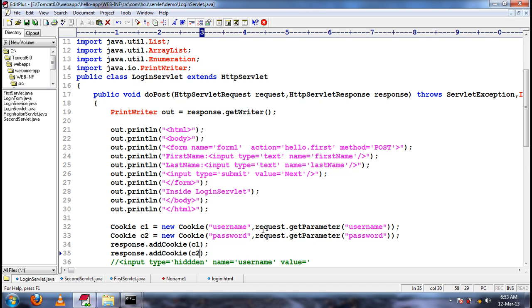The rest of the things will be taken care of by the web server itself. Once we add cookies to the response object, the web server will send that cookie information back to the browser in the response headers. Our code should just create cookies and add the cookies to the response object.